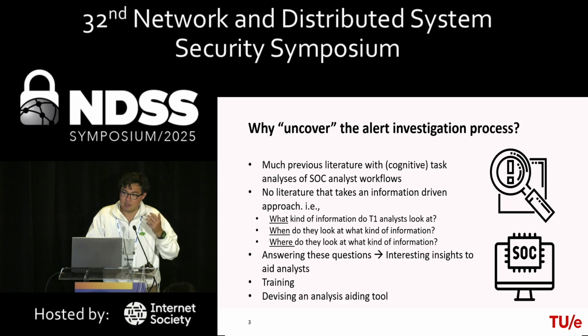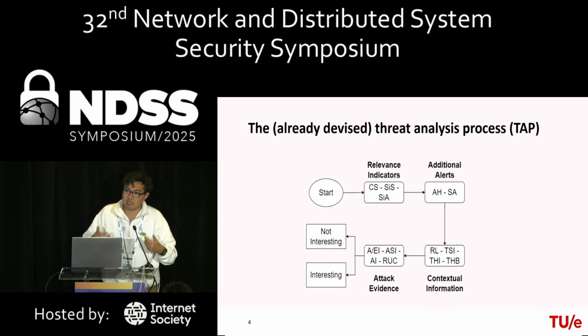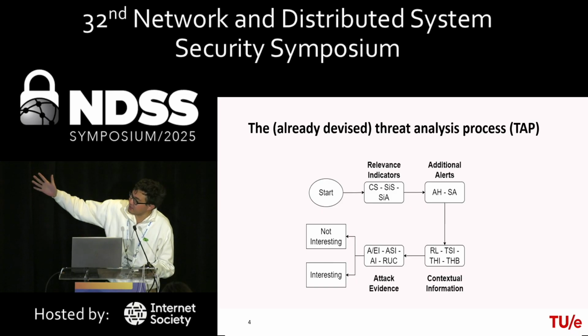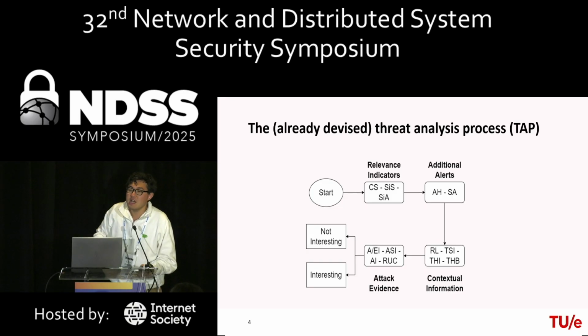Okay, given that, how do we then classify what type of information one can acquire? So this is a threat analysis process that I provided in past work, sorry, not future work. And here it's divided into 4 different types of information that you should chronologically investigate to process an alert basically. So there are 4